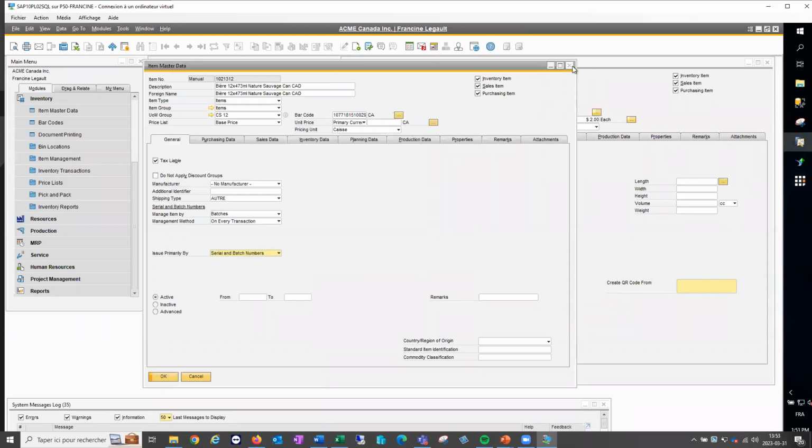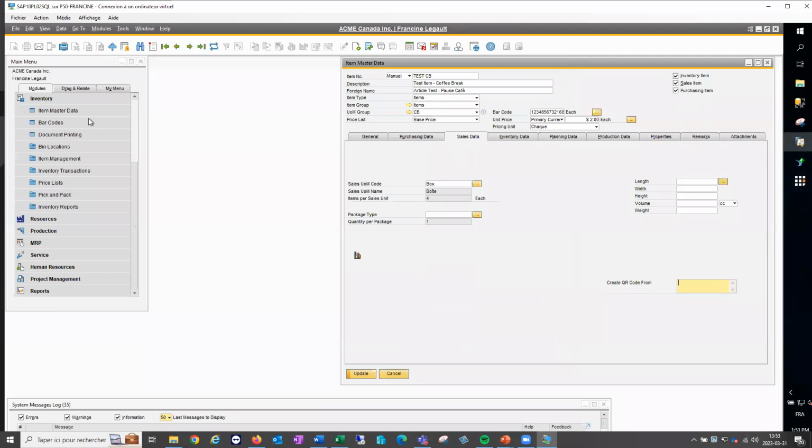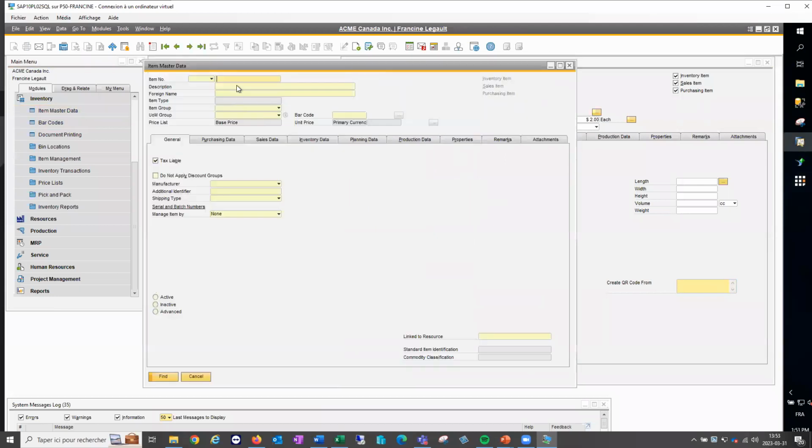Second thing that I saw is this, okay? The client didn't want to create different units of measure groups for different products because, you know, it was a hassle. They didn't want to take the time to do it.